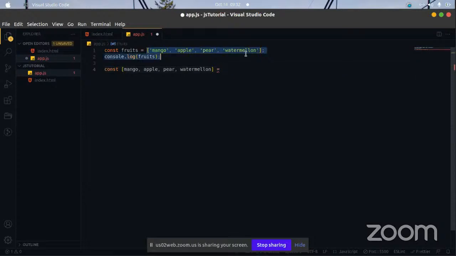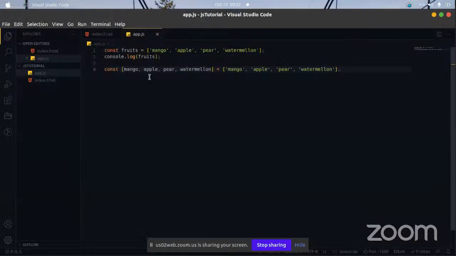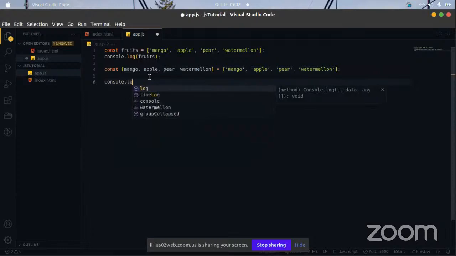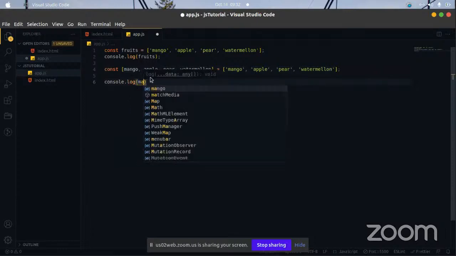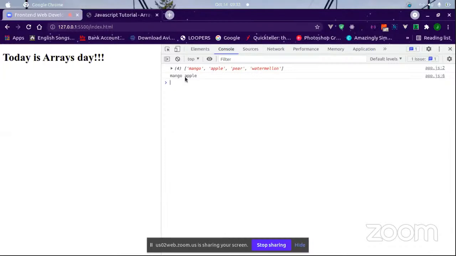So we just copy this and paste this and save. Once you check this, if you console log this, I think it's still the same thing we'll see. So we could console log and check mango, apple. Let's just say mango and apple. But if you console log the others, you still get the same thing. If you go back, you see mango and apple returns mango and apple.